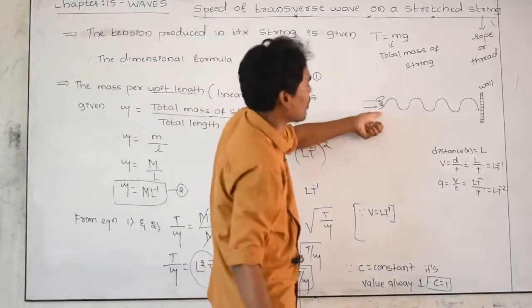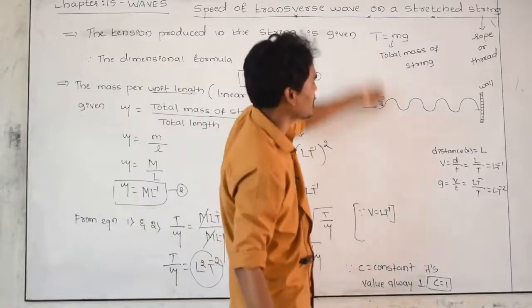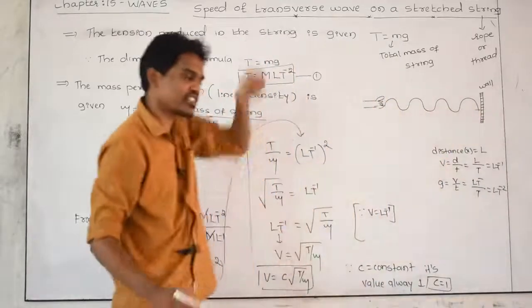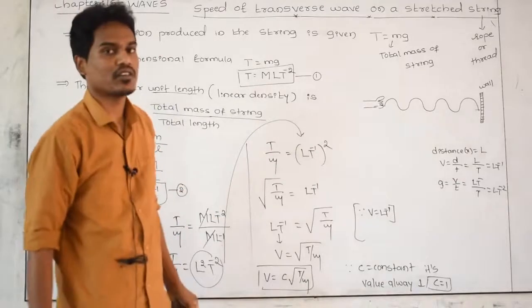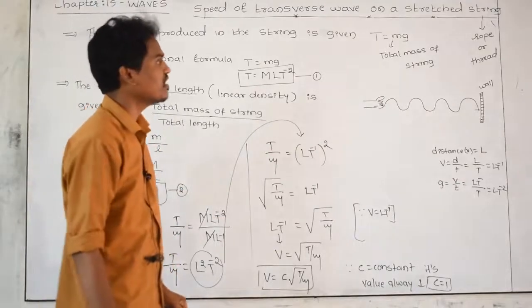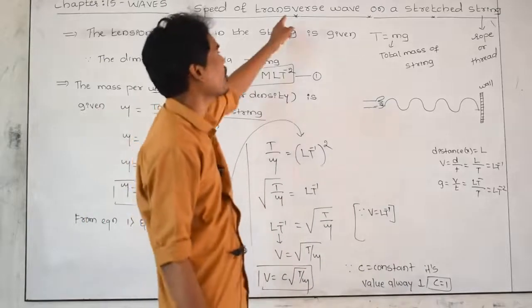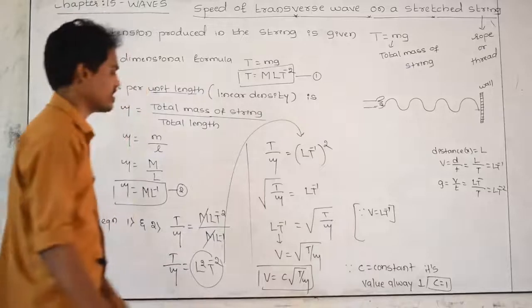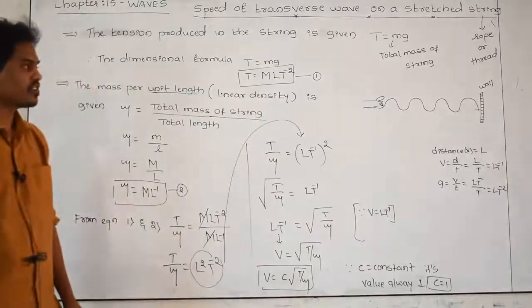If you give a jerk up and down to your hand, the jerking direction is in y direction, the wave direction is in x direction. The angle between your jerking and the propagation of the wave, theta, is equal to 90 degrees. If the angle between those two is 90 degrees, then that nature of the wave we call a transverse wave, and this is a derivation. You just remember this formula, it is very important for your numericals.